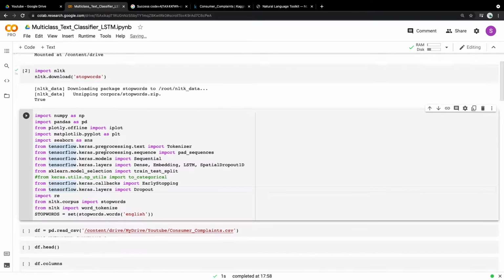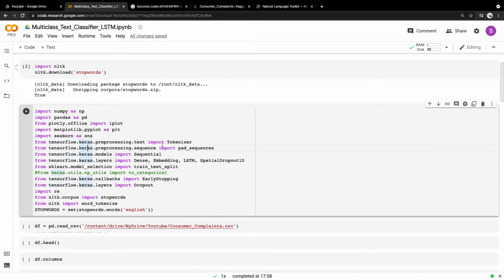Besides that, some basic dependencies from TensorFlow: we'll be importing the Tokenizer and pad_sequences. Since we will be making a sequential neural network model, from the models we'll be importing Sequential. Then from the layers we'll be importing the Dense layer, the Embedding layer since we are working with text, LSTM because we are working with a text classifier, and SpatialDropout1D.